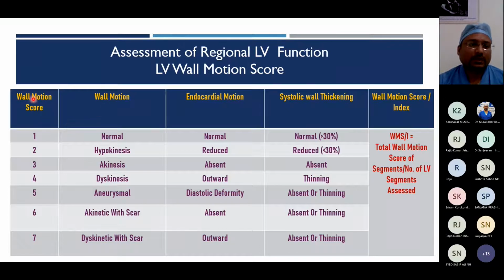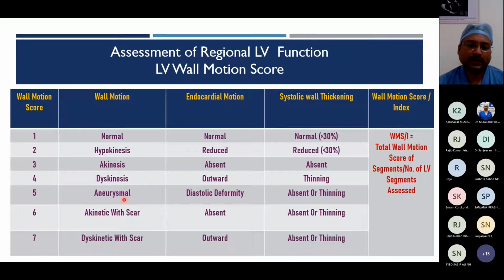The wall motion scoring is given in this chart. Wall motion 1 is normal: endocardial motion is present and systolic wall thickening is usually more than 30%. When systolic wall thickening is reduced by 30% or less, it becomes hypokinesis. For akinesis, there is no systolic thickening and endocardial motion is absent. In dyskinesis, there is outward endocardial motion